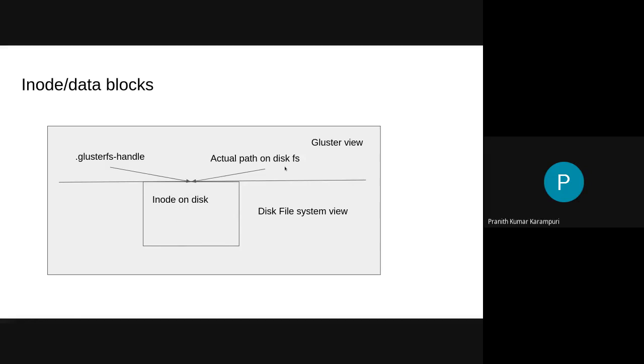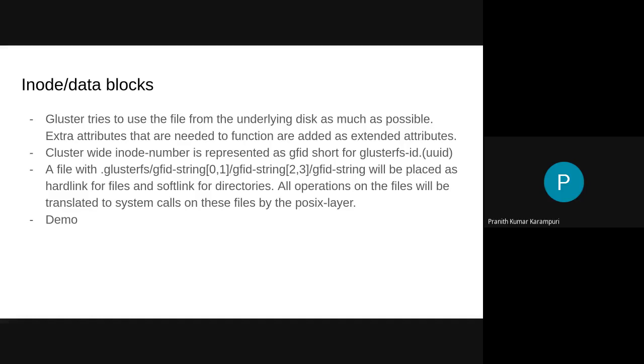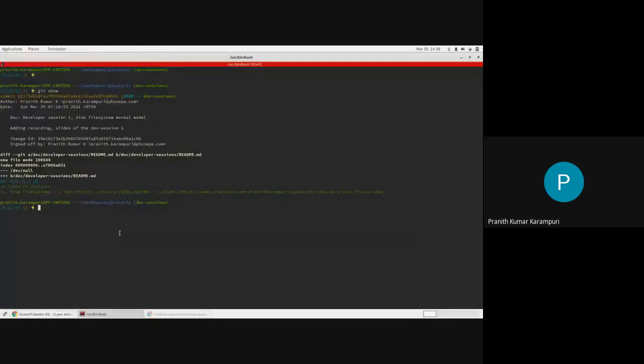So there are two ways to access the file. We will now look at how a file gets stored on the disk file system and how GlusterFS tries to manipulate it. Okay, this will be a demo.